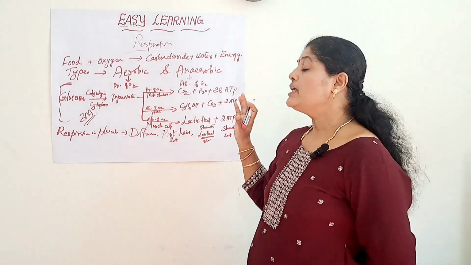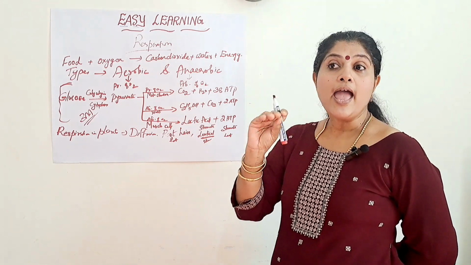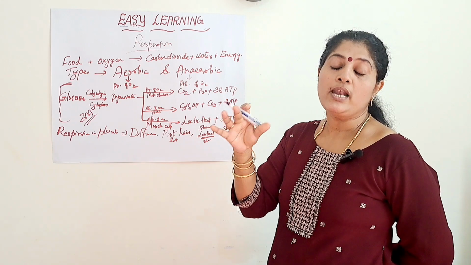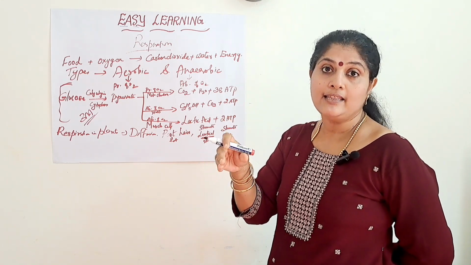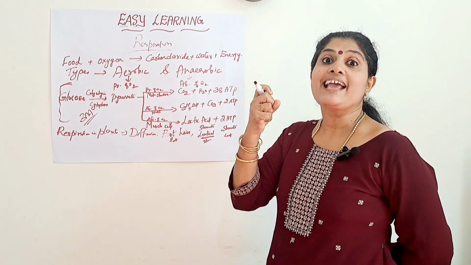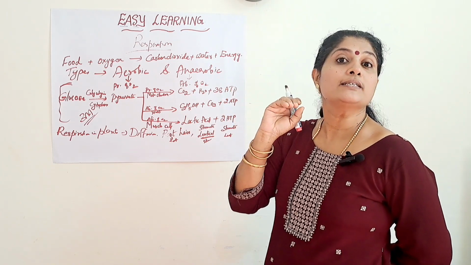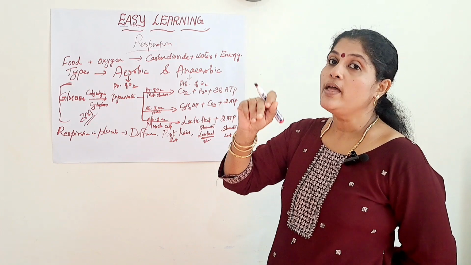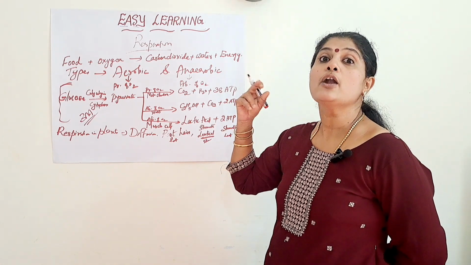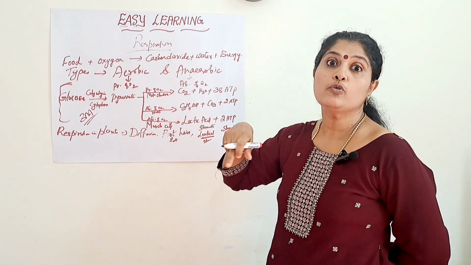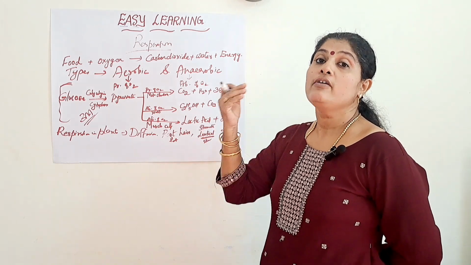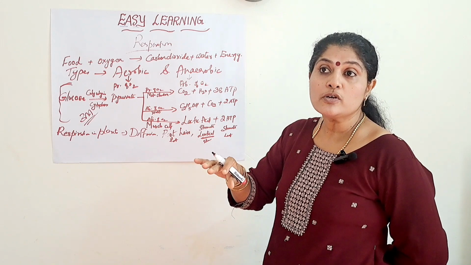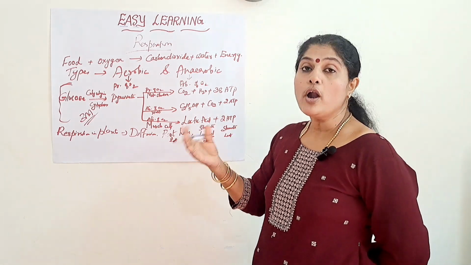Because when the water is stagnant, the air present in the soil is expelled out. When a large amount of water is present in the soil, it expels the oxygen present inside the soil. So when oxygen is not present, what will happen? The plants will start to respire anaerobically. Without using oxygen, the root hairs will respire anaerobically. So when it starts to respire anaerobically, what will it produce?